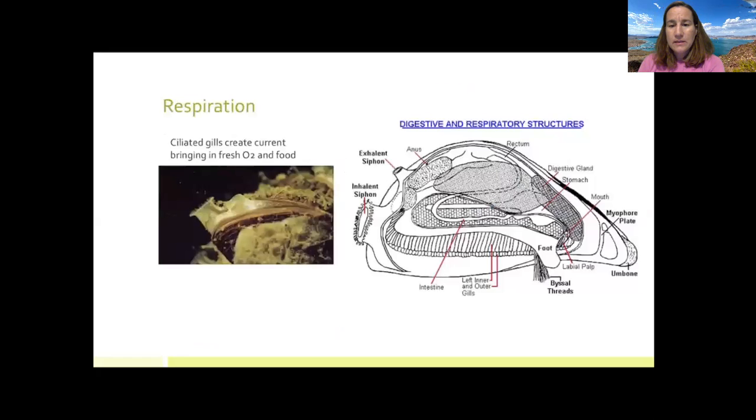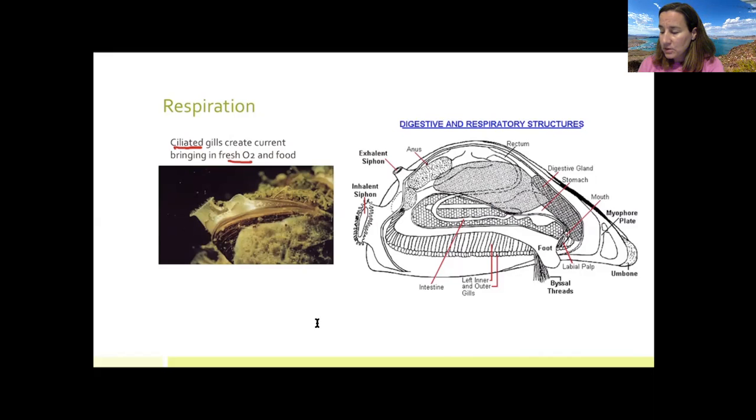Respiration. How are these things breathing and getting oxygen? Previously, we've mentioned different things just dissolving. The CO2 will dissolve away from the organism and the oxygen will be absorbed into the organism, straight up diffusion. But here we have gills. We have gills, and those gills have cilia, and the cilia beat. They're those things attached to the edge of the cells, right? And the cilia will beat in a rhythm, and it will cause a current, and that is going to bring in the fresh water. It's going to bring in the fresh oxygen. With that fresh water, it's going to bring in food when it does this too.